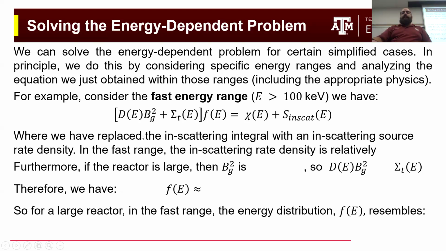So as an example, we're going to think about the fast range. All I've done here is rewrite the scattering integral as just an in-scattering source term, for convenience. Then we can make the argument that if we're in the fast energy range, with energies above 100 keV,